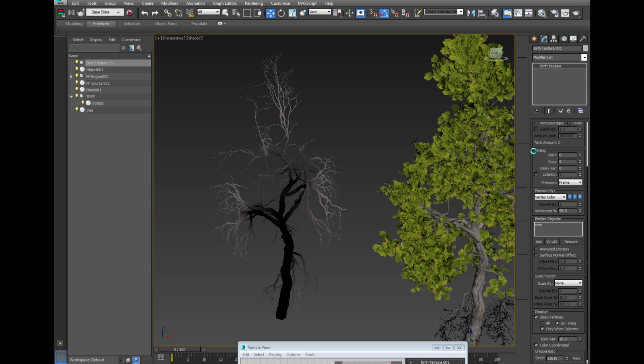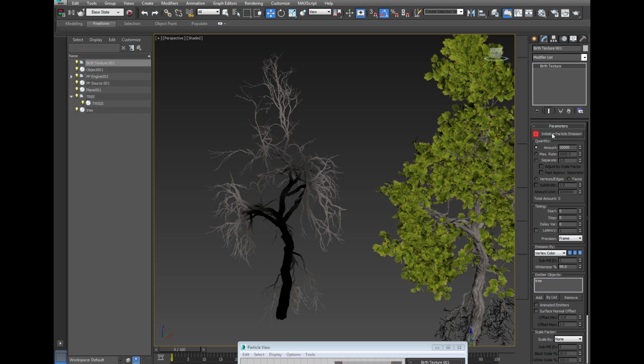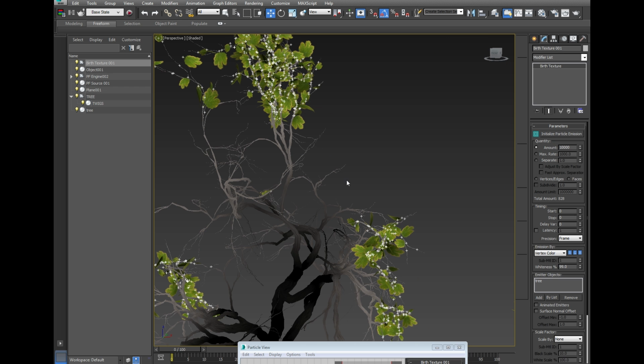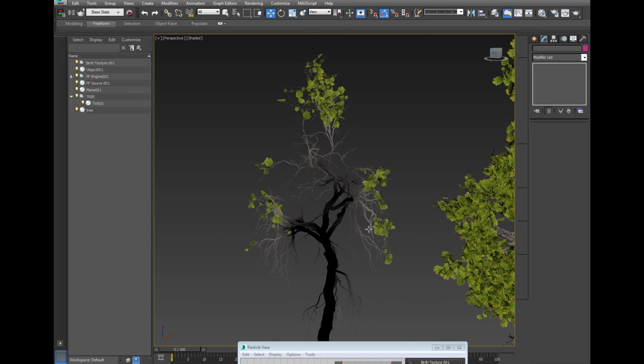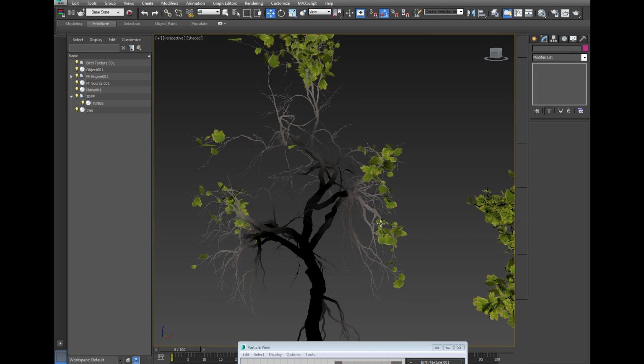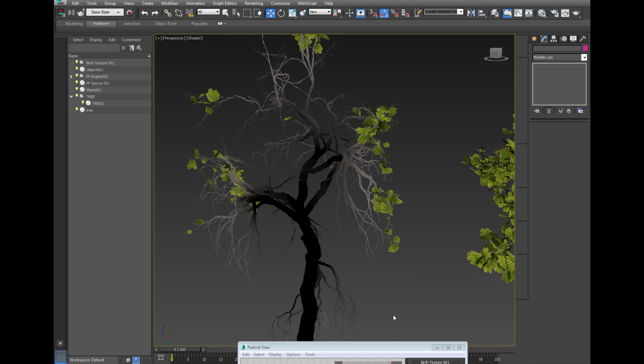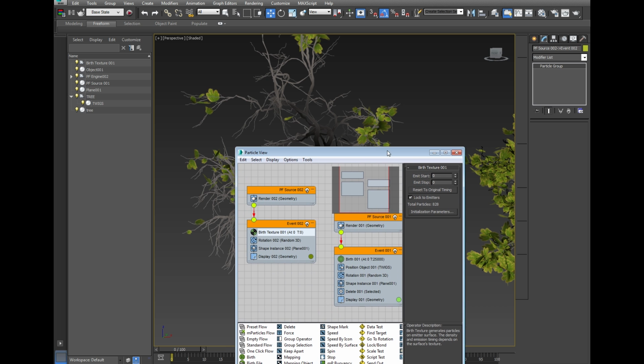So if everything is right, then all I have to do is come back up here, click initialize particle emissions, and it will place the leaves wherever there's white. Now it's placing them on kind of the whitest areas. I may have to go back in and adjust that, but what I want to do is